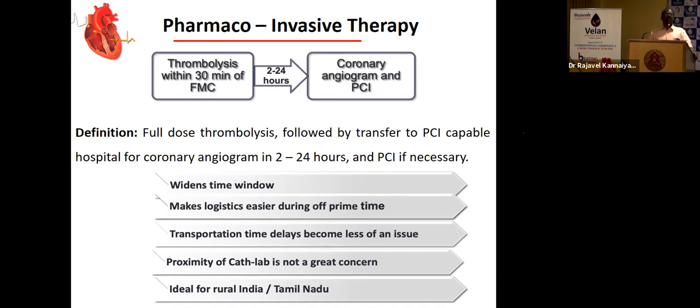Thrombolysis is advisable in the current scenario if the patient is not able to be transferred to the cath lab within 120 minutes, or other investigations are not feasible, or the cardiac catheterization lab preparations cannot be done within these 120 minutes, or due to logistic issues in shifting the patient to the cath lab. In this type of patient, we can lyse the patient within 2 hours, and then from 2 to 24 hours we can do a coronary angiogram and intervention. Next.